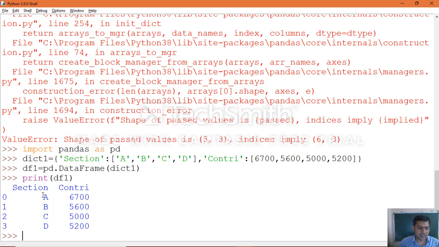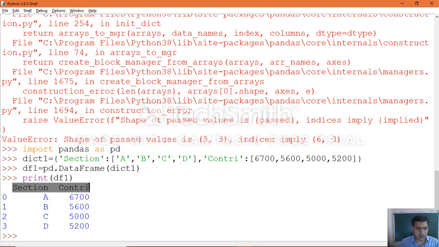You can see the section and contribution are the keys of this dictionary, and those become column names. And the index, which we didn't specify here, takes the default index. Okay.